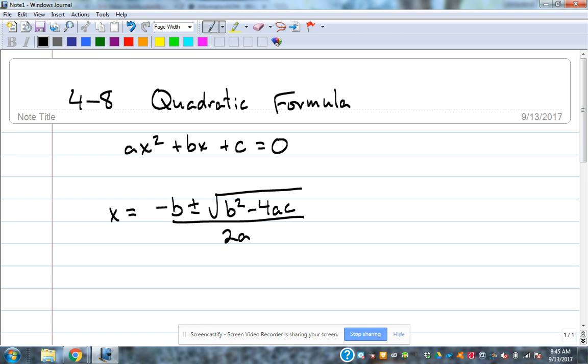All right. If you had me in Algebra 1, we sang this to the tune of Row, Row, Row Your Boat. So if you're not good at memorizing things, you can put it to that tune. It goes x equals negative b plus or minus radical b squared minus 4ac divided by 2a. And so you can memorize it that way if you want to. I don't care how you memorize it. Just remember it,